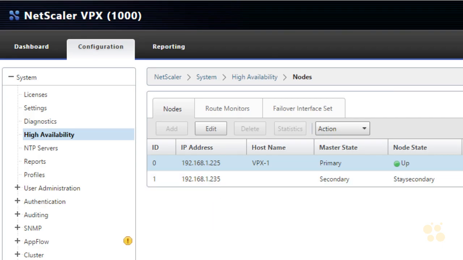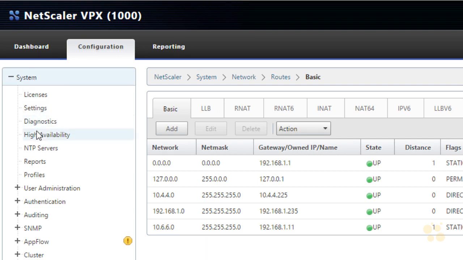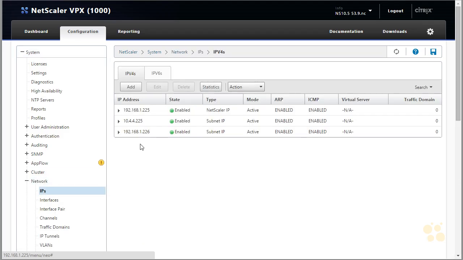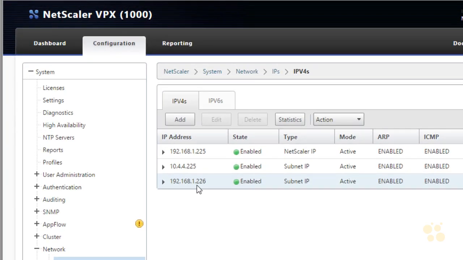So we'll make a road trip real quick over to VPX2. We'll go under System and High Availability. And let's tell VPX2 what those are. We can go down to Network and go to IPs. And let's go ahead and connect to 192.168.1.226. And see, the beautiful thing is if we connect to the 226, whichever device happens to be primary and active, we're going to connect to that device. So if there's a failover condition and we weren't aware of it,